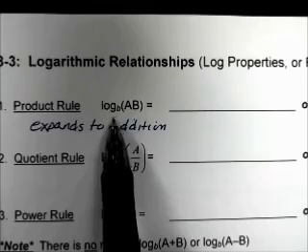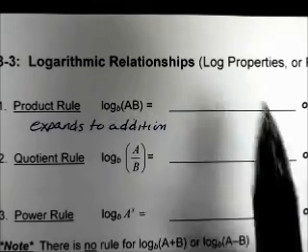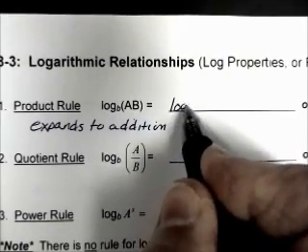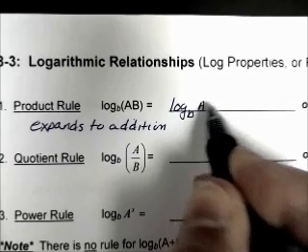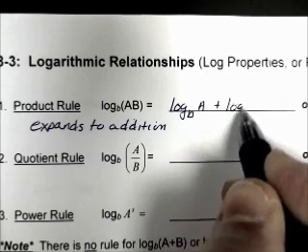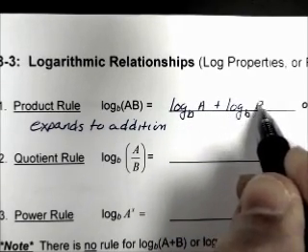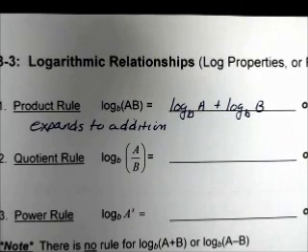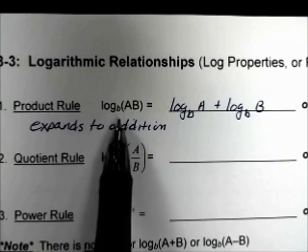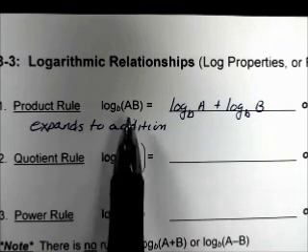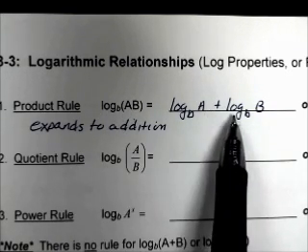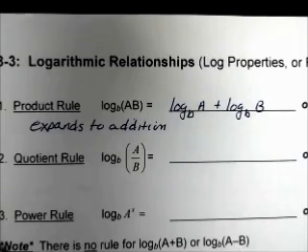So log base b of a times b is going to equal log base b of a plus log base b of b. It's sort of like distributing the log in the base, but the multiplication expands to addition. Or,